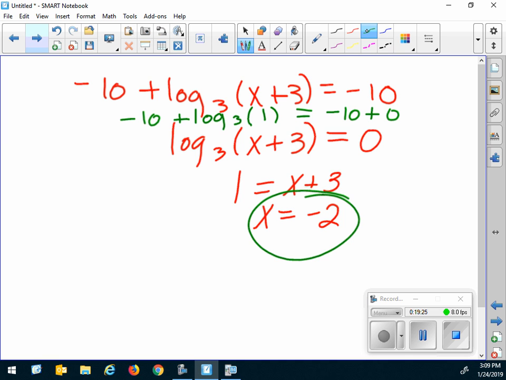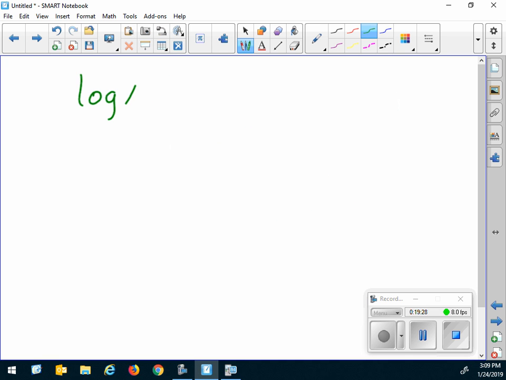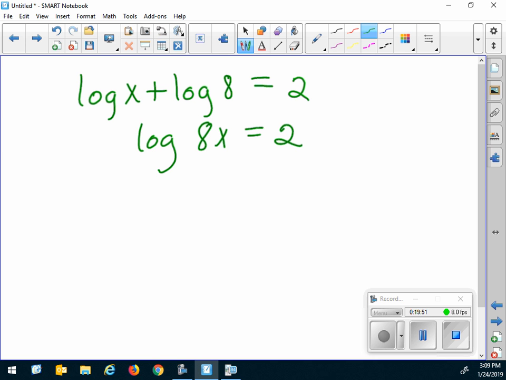On B, log of x plus log of 8 equals 2. What am I going to do? Can I condense because they have the same base? No, once I've got log, I rewrite it as an exponential. What's the base? So 10 to the second power equals